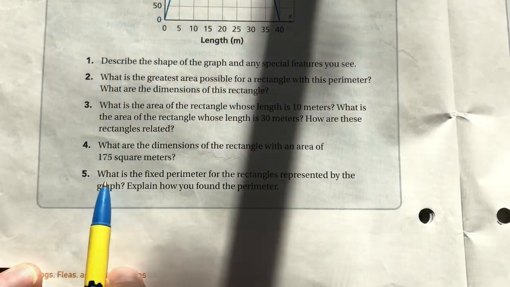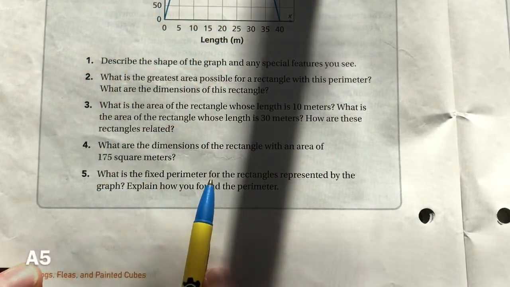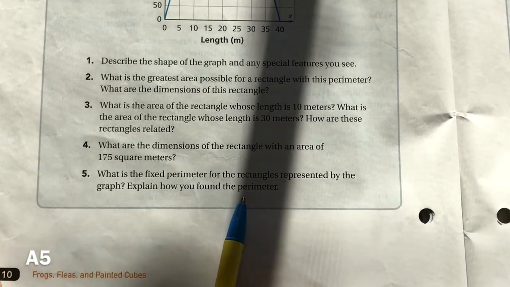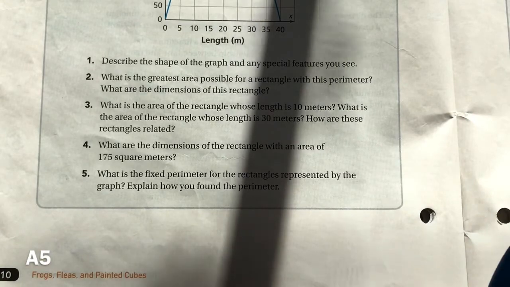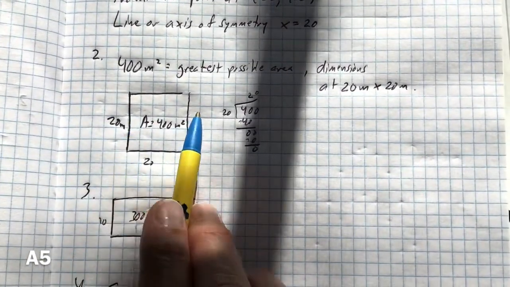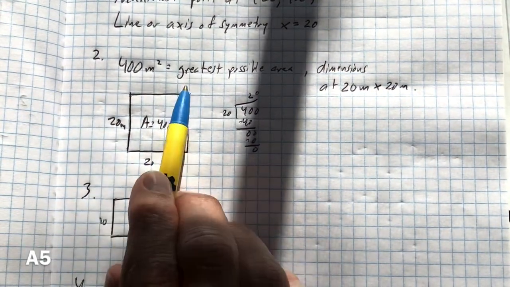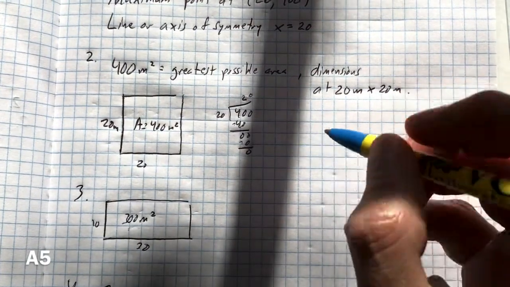And last one for part A. What is the fixed perimeter for rectangles represented by the graph? Explain how you found the perimeter. Okay, so let's go back and look at the last 3 shapes we came up with. So in this case, we knew that the area was 400 with the side lengths 20. So in this case, if I had 20, 20, 20, 20 all around, then that perimeter would have to be